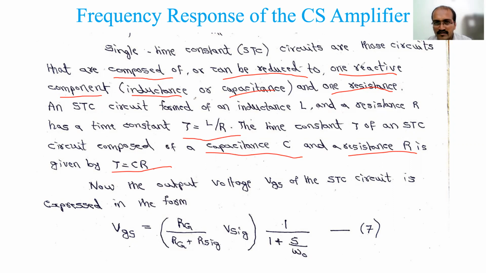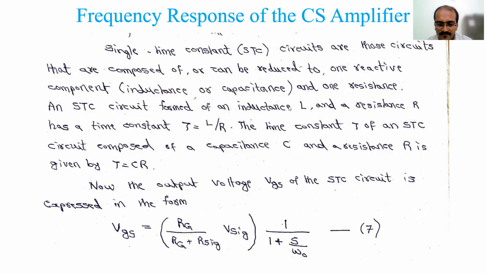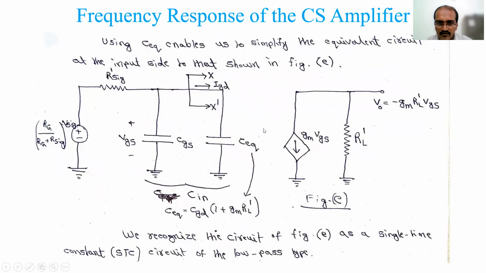So what we have done now: in the common source amplifier circuit, we replace the MOSFET by a high frequency model, right? And then we reduce it and bring it into a form so that you have a single capacitance. What is my single capacitance value now? C in. How do you find the parallel capacitance equivalence? We just add them: C equivalent plus CGS, that is your C in. So that is the single capacitance. And a single resistance also we have made, R signal dash, which is nothing but R signal parallel to RG.